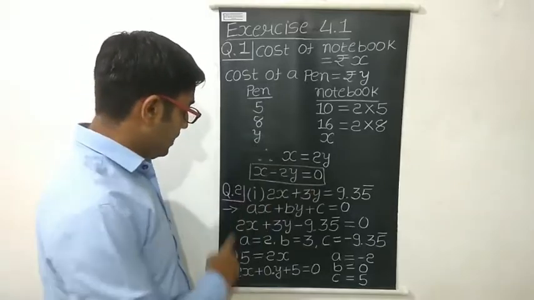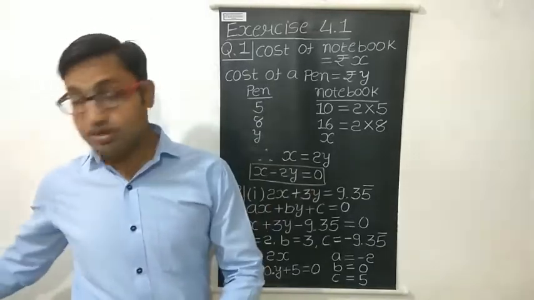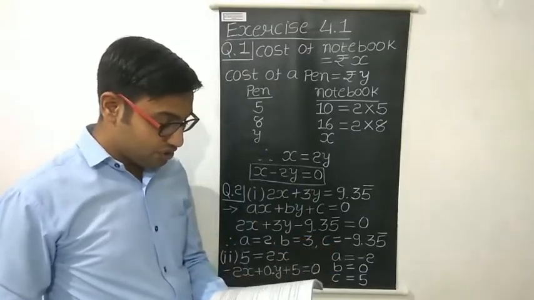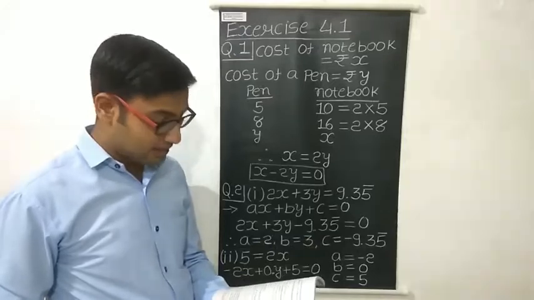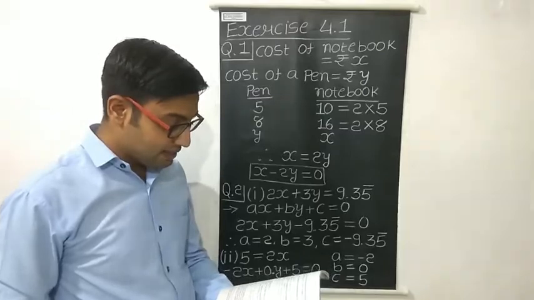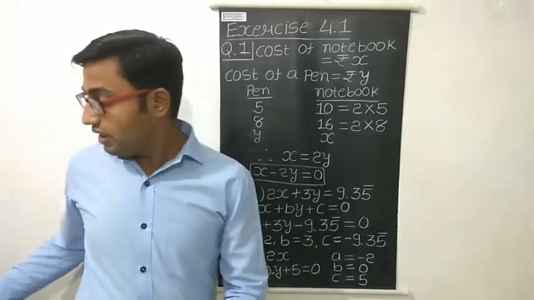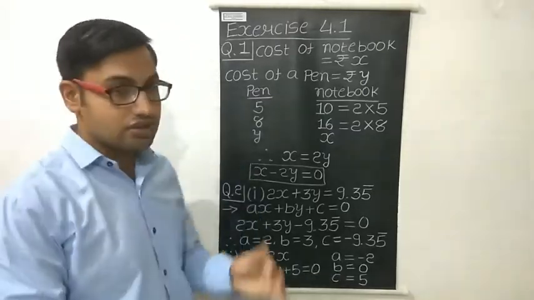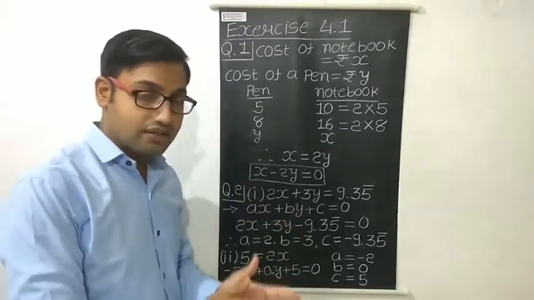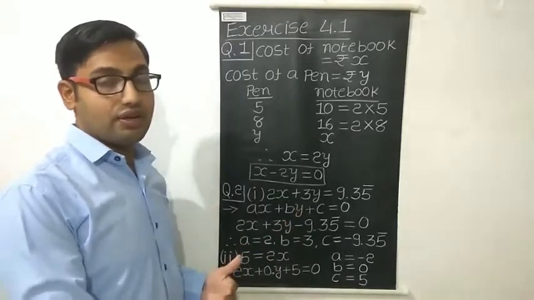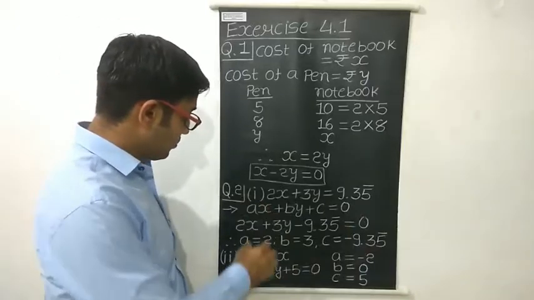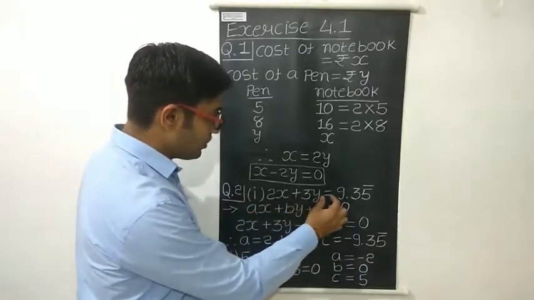Okay? Let us study question number 2. The question is, express the following linear equations in the standard form, that is ax plus by plus c is equal to 0, and indicate the values of a, b and c in each case. So here what we have to do? We have been given some linear equations. First of all, we have to convert them into the standard form. Then after that, we have to find out the values of a, b and c by comparing with the standard form. So the first equation given is 2x plus 3y is equal to